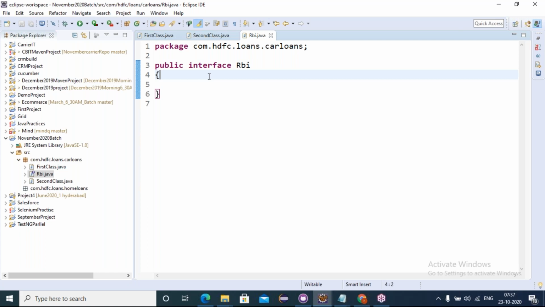One more example. If you want to draw money, where do you go? To the ATM interface. ATM is an interface where the user interacts. In that ATM, if you want to draw money, what service do we click? The withdrawal service. If you want to deposit something, the deposit service. If you want to get a mini statement, like these, all are services in the ATM interface. That is what we mean by interface.